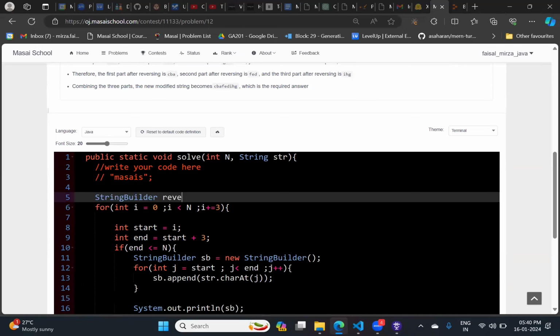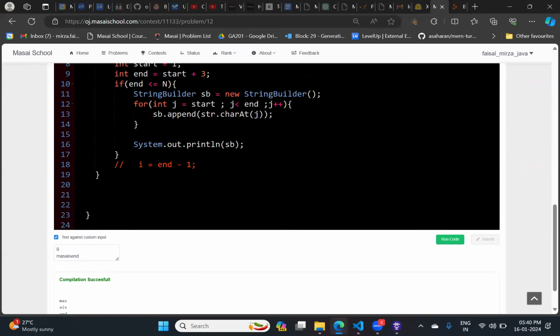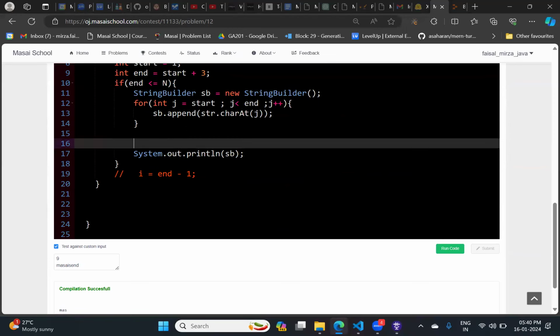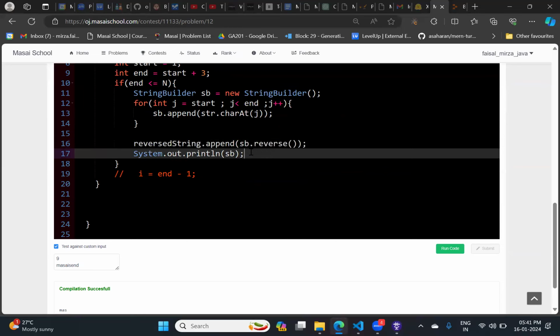So we can say that the reversed string will be equal to a new StringBuilder. Okay. Yes, sir. So let us try to append the output. So reversedString.append(sb.reverse()). How many of you are comfortable with this syntax? Please type in the chat.